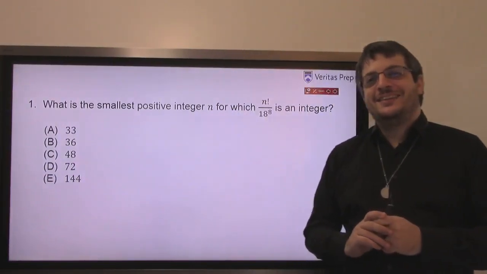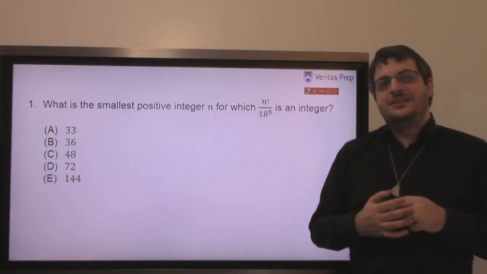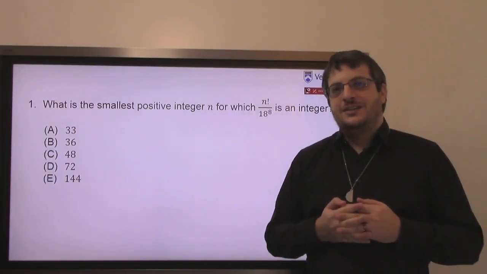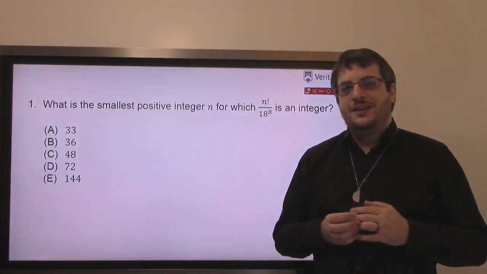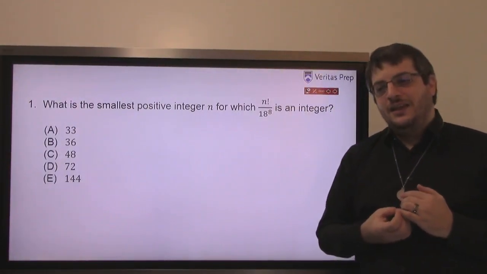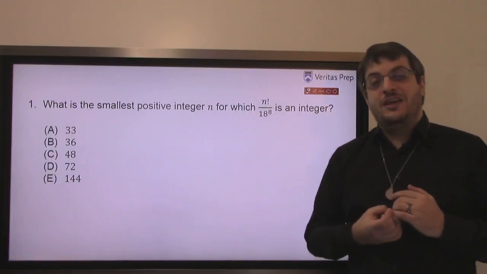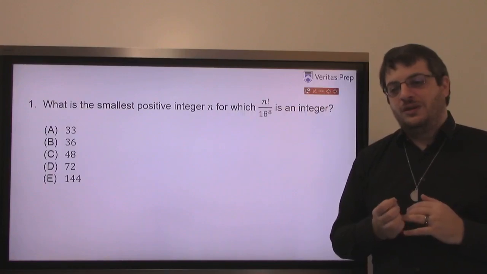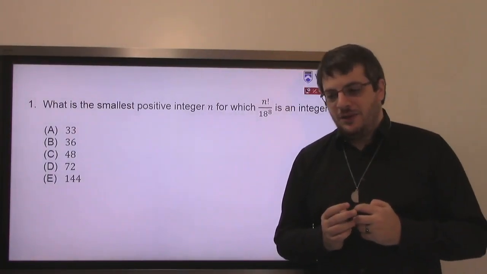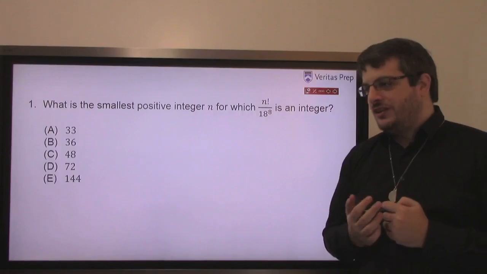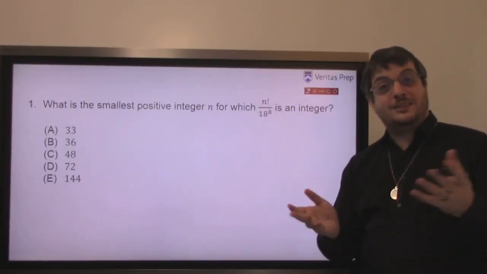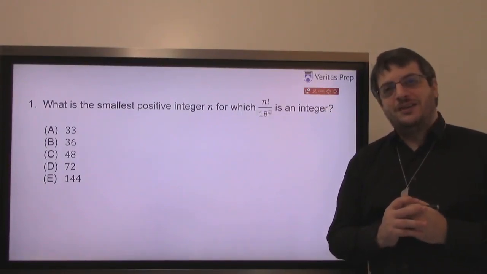I don't need that. A couple more B's, a 36, a 48. Not sure. Okay. The consensus seems to be B. And that's good, because B is in fact the right answer here. So let's talk about how we get there for everyone else who wasn't able to. By the way, this is closely based off an official Veritas question that is a 700 on GMAT Club, and only about half of people get it right. So hey, you guys are already doing better than the average bear there, and good for you.